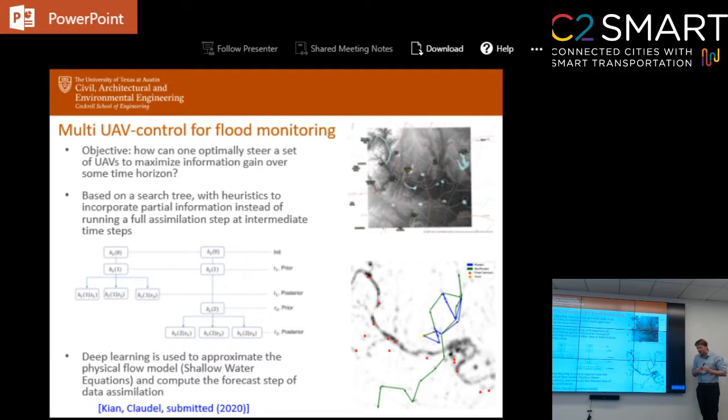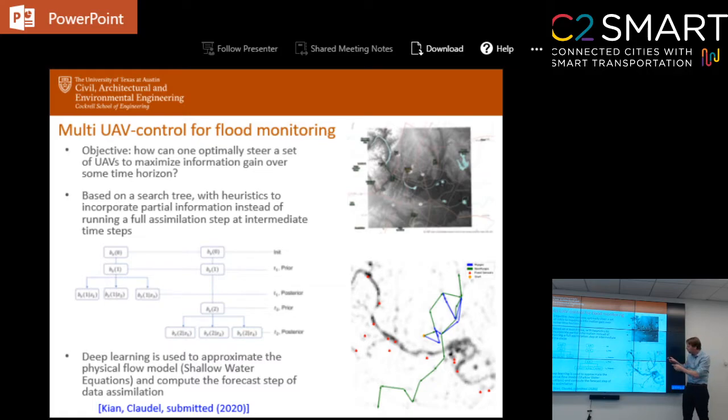And the question is, given that I want in 5 minutes to have as much information as possible, where should I send my UAVs to scan the area and to bring the most information back? So it's quite complex because it requires somehow to search all possible locations. It requires also you to perform some assimilation steps, because you can assume that when you send the UAV, after a few minutes you will get a measurement, so you can assimilate that measurement, and therefore you can reduce the